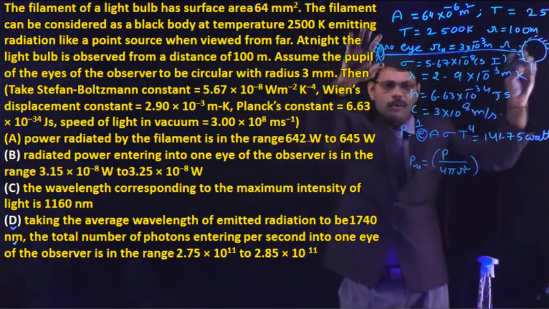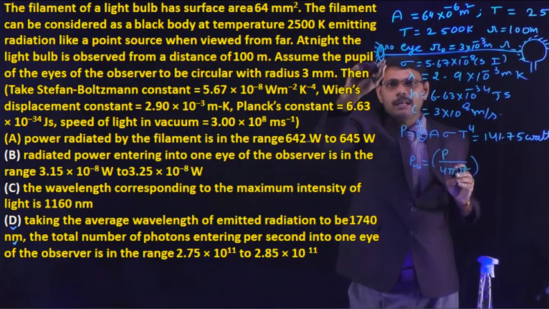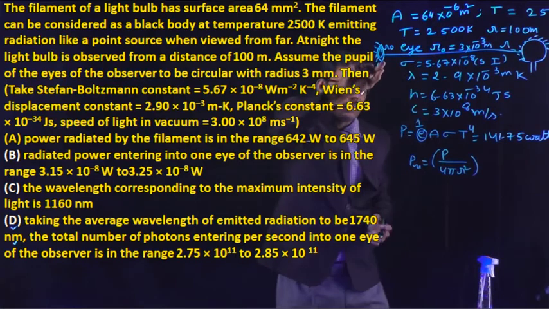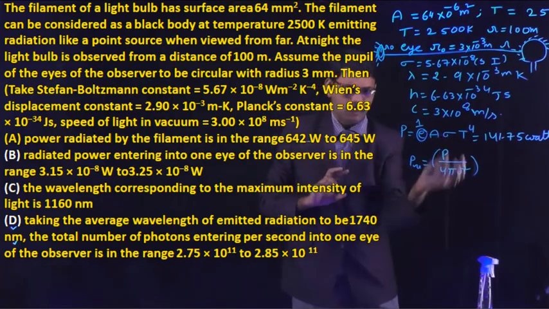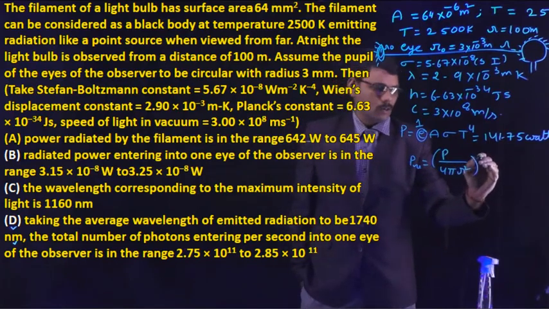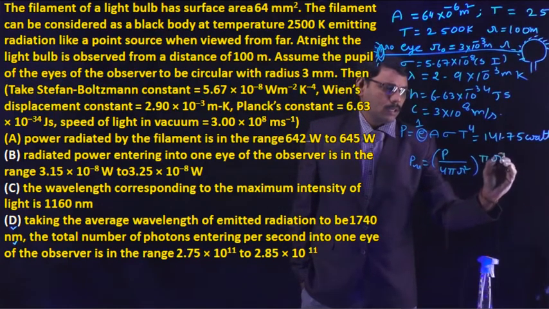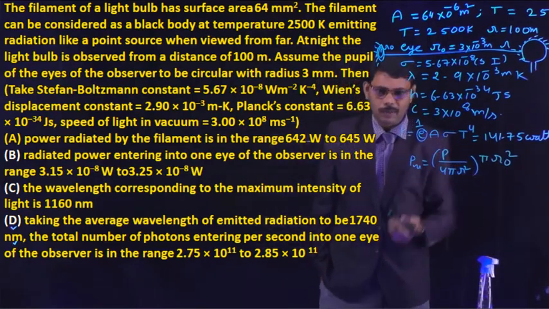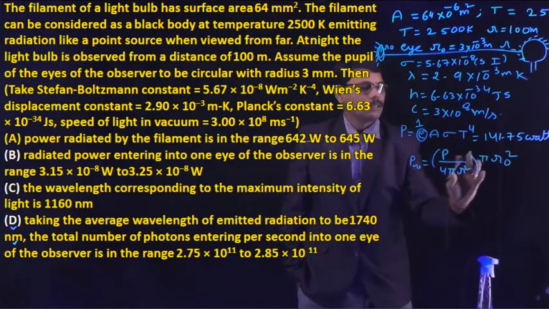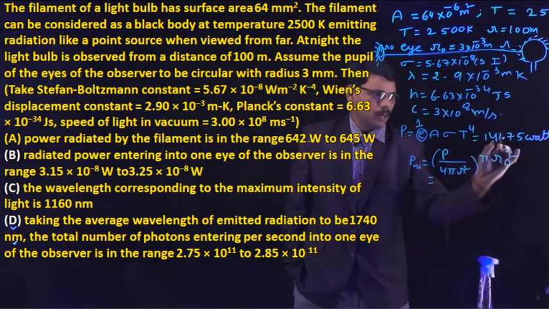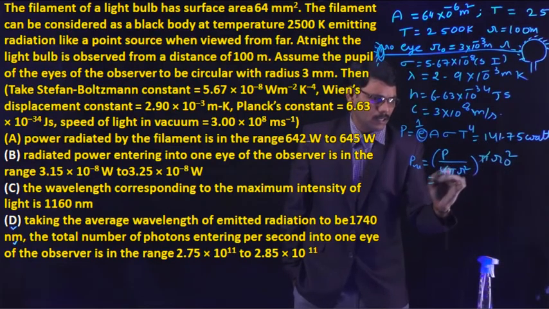Then the intensity of light at this position of the man, which is a smaller distance away from the light, is power per unit area. The energy received is intensity into the area of cross section of the pupil of the eye, pi r naught square. So we get, and calculating it, we find this. Already we know P by 4 pi r square. The P value is, pi gets cancelled.